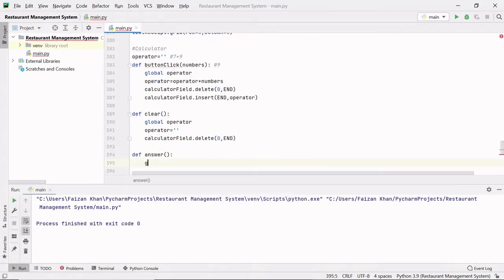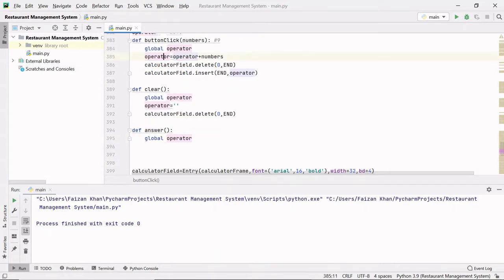Firstly, I'll make the operator variable global here so that I can use the value of this variable inside this function. So if the user types 7 plus 9, that 7 plus 9 is inside this operator variable, and since we made this variable global, it can now be used inside this function.